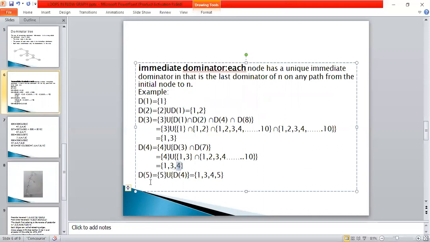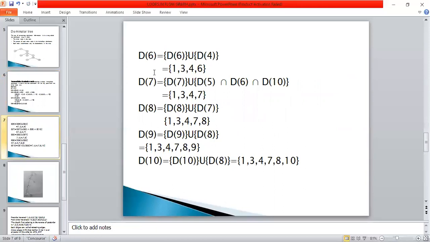Now similarly calculate immediate dominator for 5. So d of 5 is 5 itself and d of 4. So 4 you already calculated 1 3 4, and with this 5 it is 1 3 4 5. And similarly calculate immediate dominator for 6. d of 6 is 6 itself and d of 4. d of 4 is 1 3 4, and with this 6 it is 1 3 4 6, and d of 7 is equal